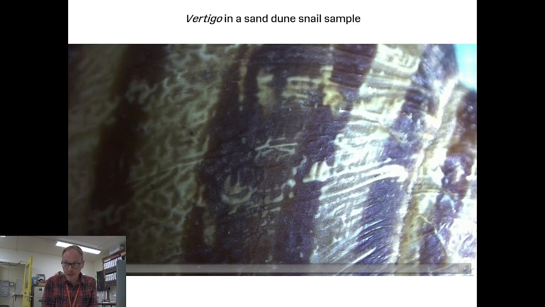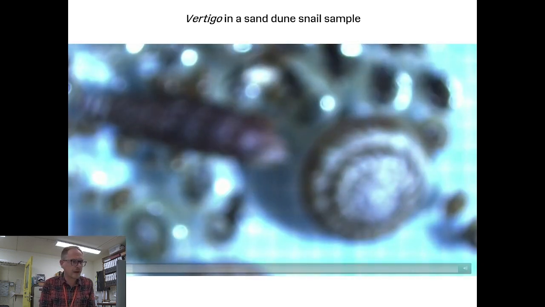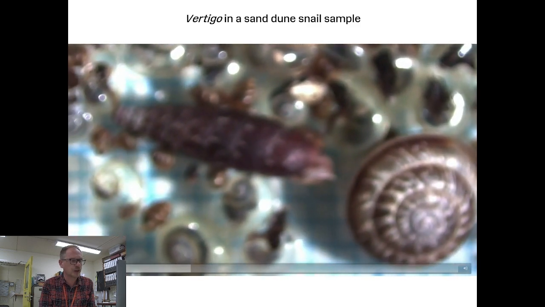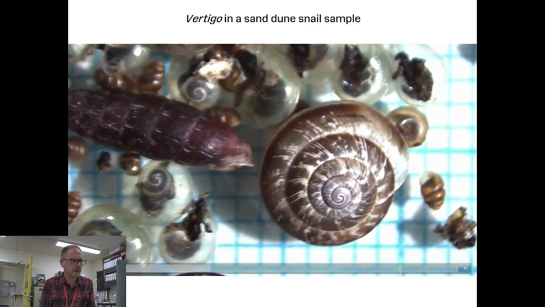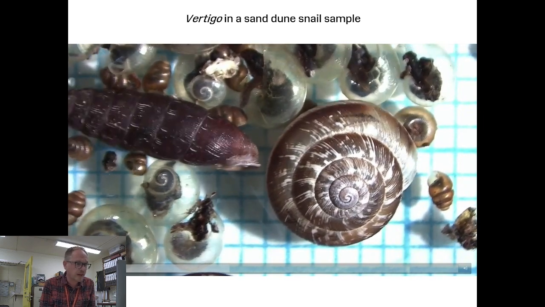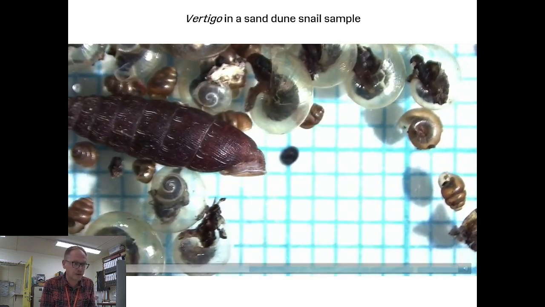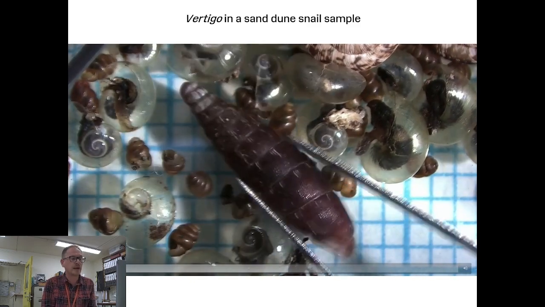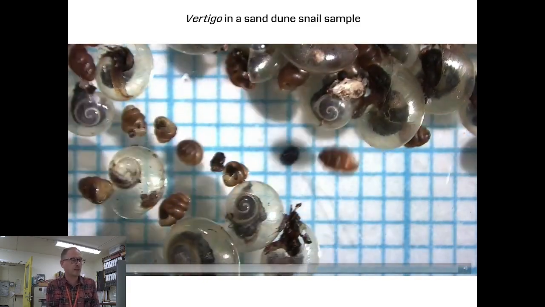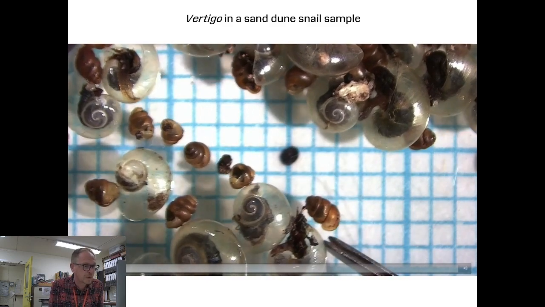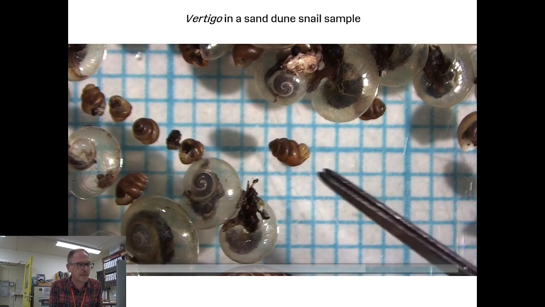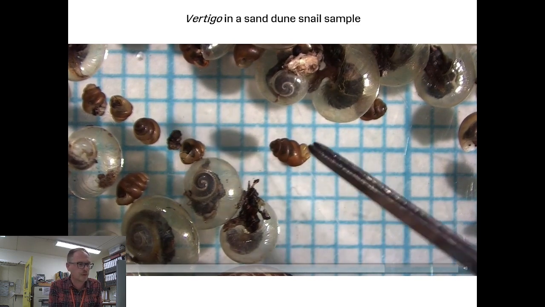So there's the shell, and taking it away, you can see the rest of the sample from which that shell came, and that's all underneath it. So you get a sense of how much smaller they are than the brown garden snail. On the right there, we've got a nice sand dune snail, a wrinkled snail. Just push that out of the way. This one in the middle is a door snail, the kind of thing you find on trees, cliffs. Move that one out of the way as well. And you can see we've got some glass snails there, the vitrinids, but the vertigos are the smallest of all, and there they are, less than 2 millimeters long, so smaller than those sesame seeds.